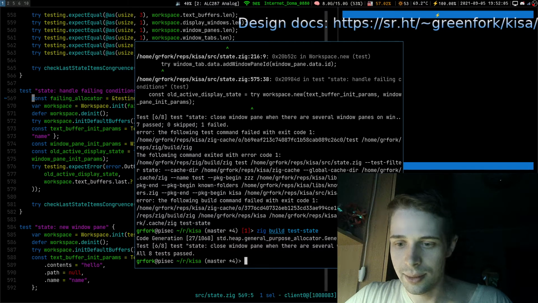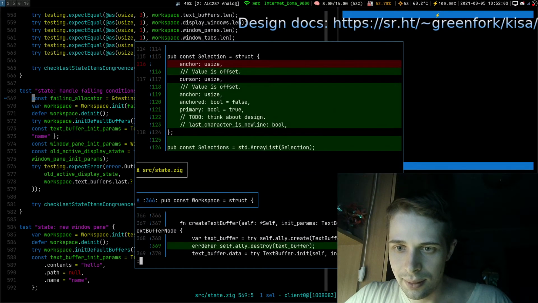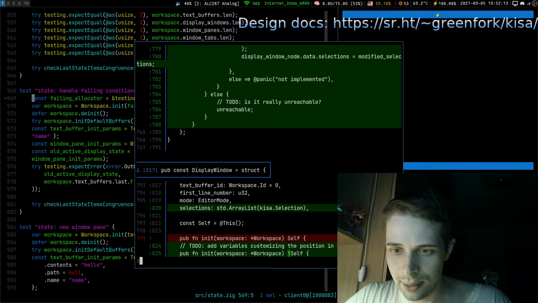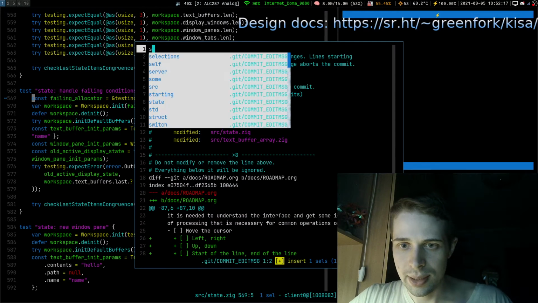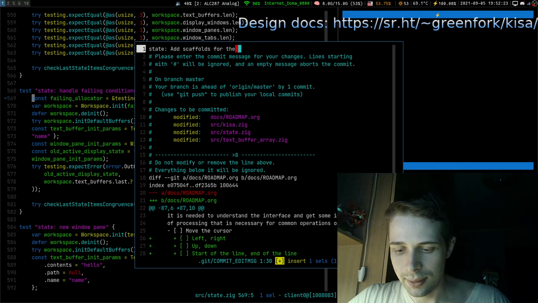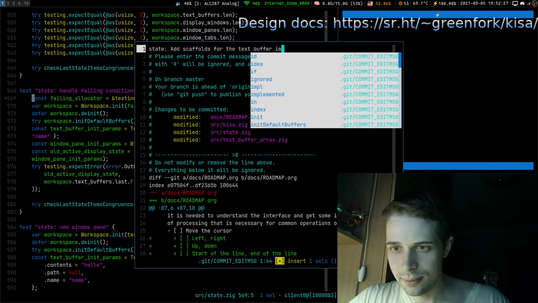So let's do our commit here. We go here, here, probably fine here too. We say state, add scaffolds for the text buffer implementation.